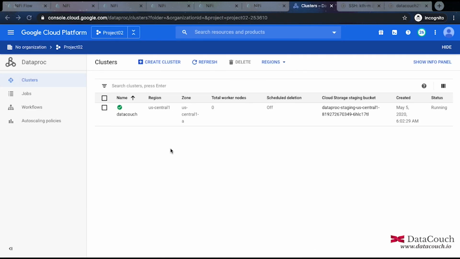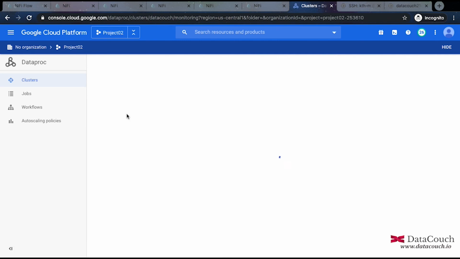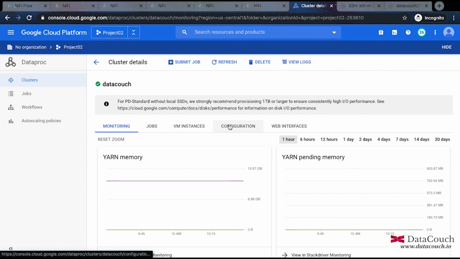So now I am on the Google Cloud Console, and I am on the Dataproc clusters screen, and there I will be going inside, and I will be doing SSH on the VM instance where we have installed NiFi. So I'm going to this VM instances. So I'm doing SSH on this VM instance, and there I will be running some commands to see whether we got data in HDFS or not via NiFi.